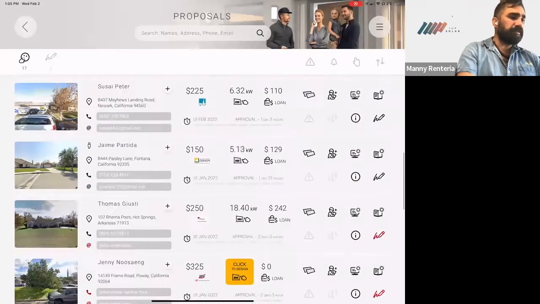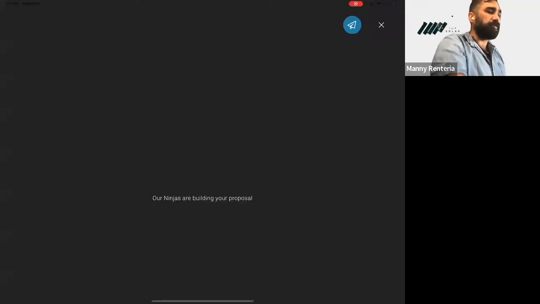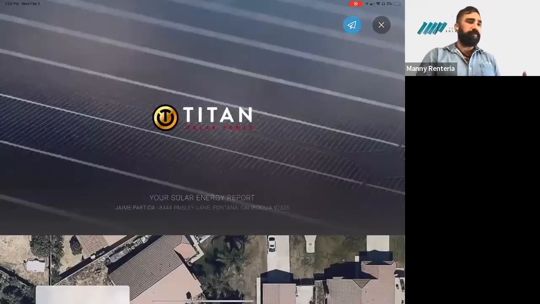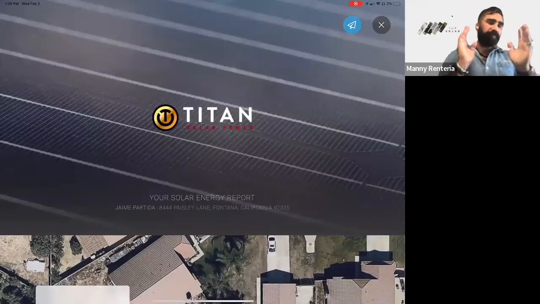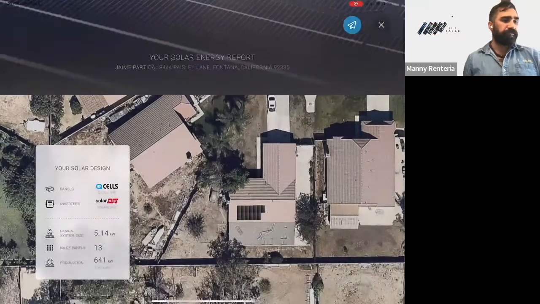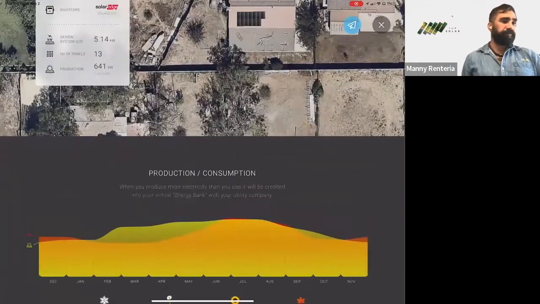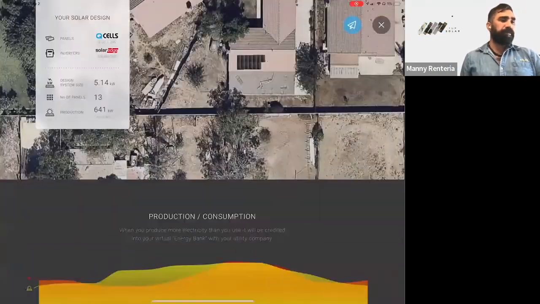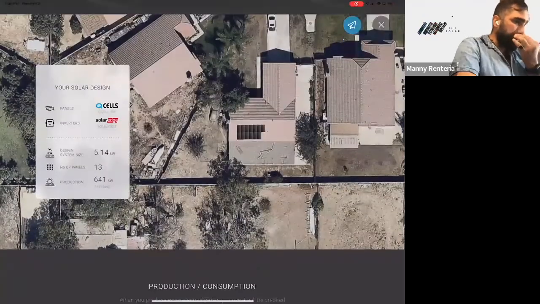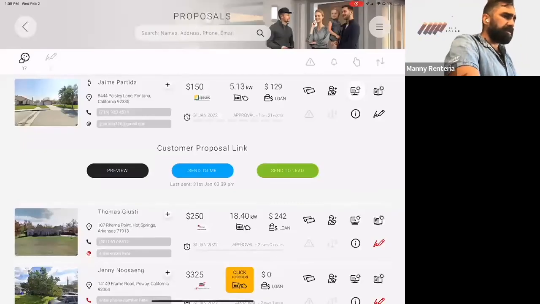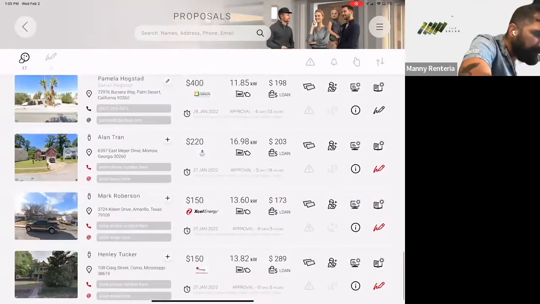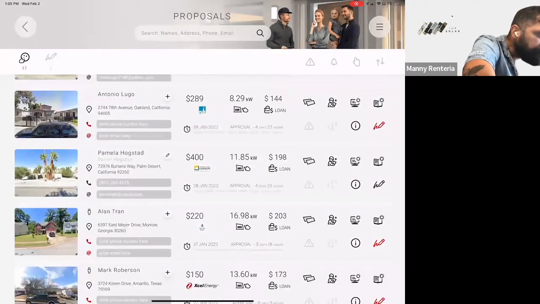So this is the only thing you can do with a link to the proposal, which you can use on an iPad, on a MacBook, on a PC, on an Android phone. You can use this proposal to present it on any of these different platforms, but you can't move anything else other than that. Now, just to give you an example, let me go to